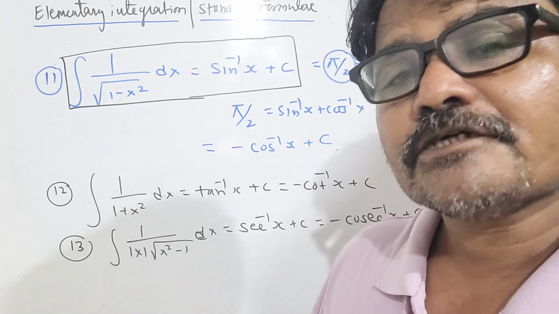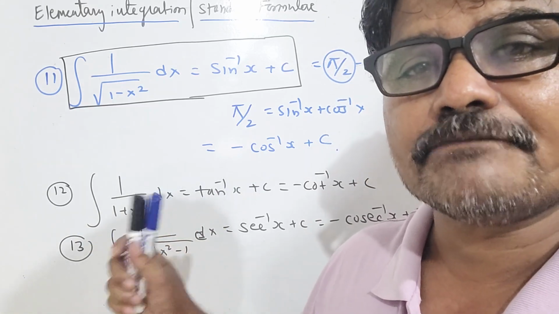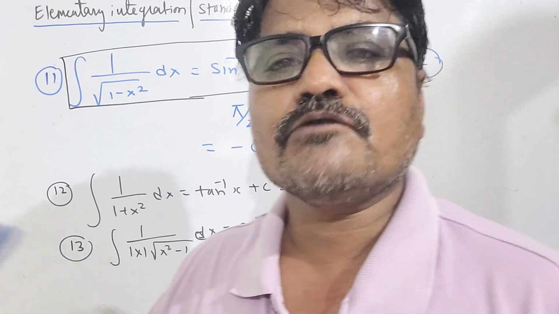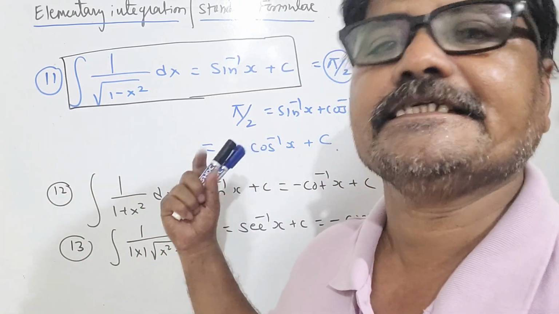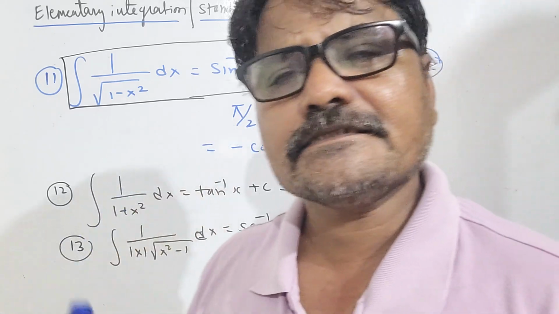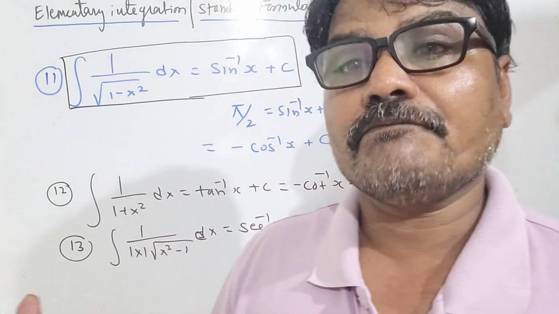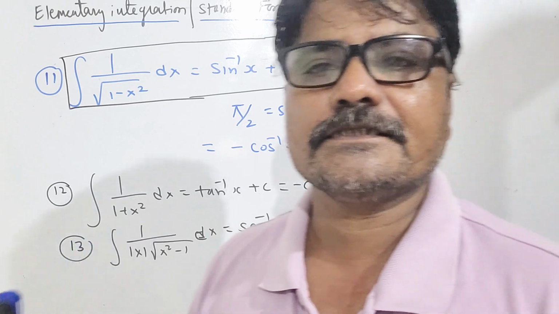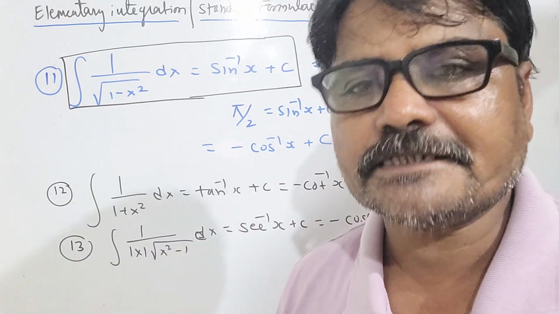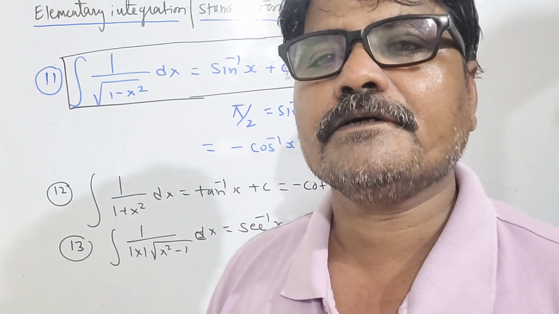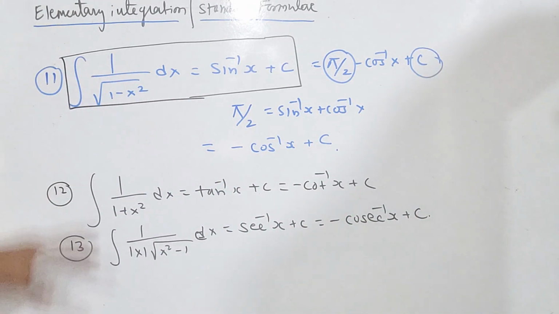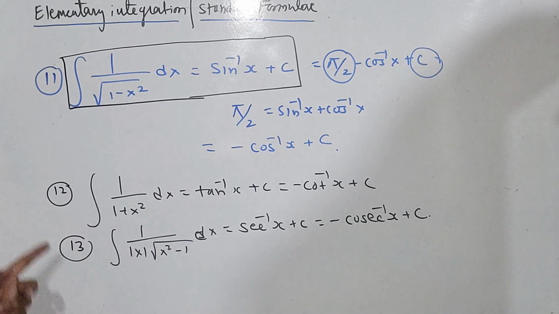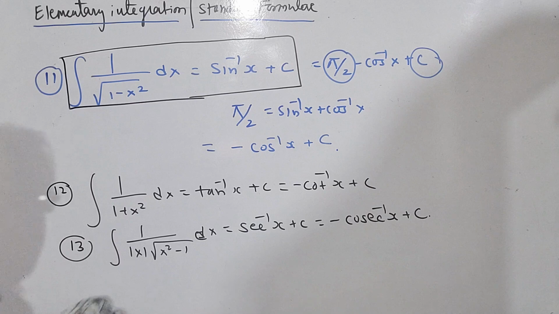So because of that you have to remember all these standard formulas first. Now how to convert those functions' integrations into the known standard formulas, that is a different thing, that is the method of integration. There are basically three methods: the method of substitution, the method of transformation, and the method of integration by parts. So first of all you should remember all these 13 standard formulas. Let's do some problems on these